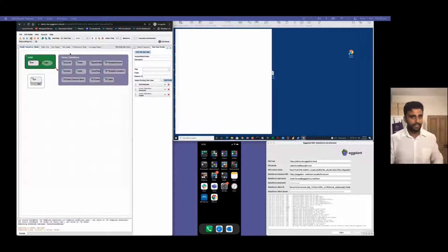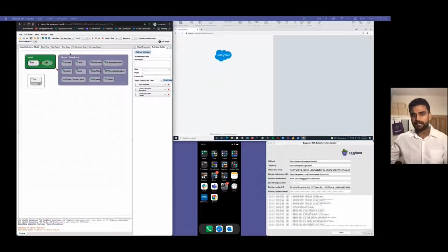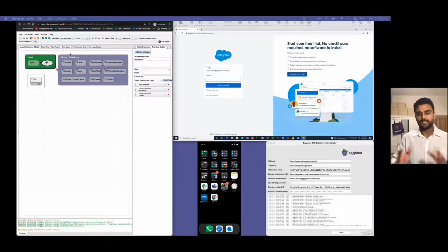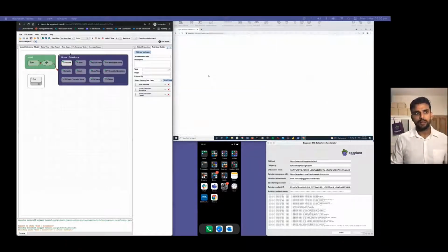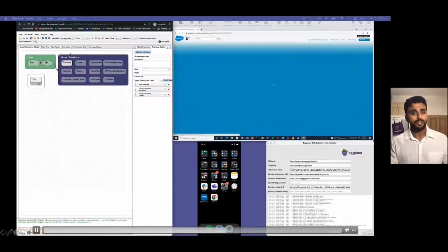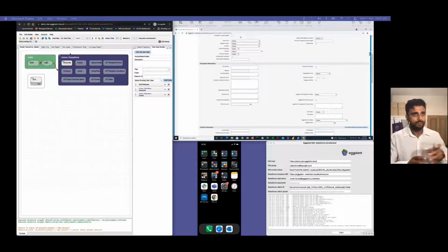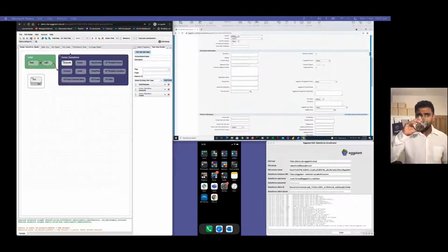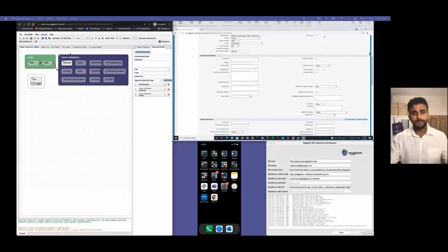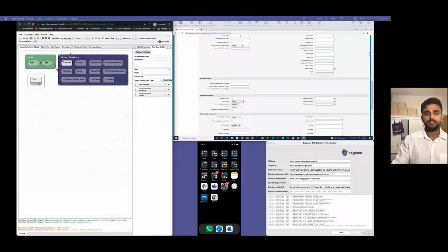Now, I just want to pause here because in the space of 30 seconds, I've pointed Eggplant to the Salesforce instance. I've automatically generated the models and snippets, and now I have a test running live against my Salesforce instance. And in a few moments, we'll actually see this go into accounts as instructed and enter some details. And it's entering those details there as instructed. It'll go through the process, and